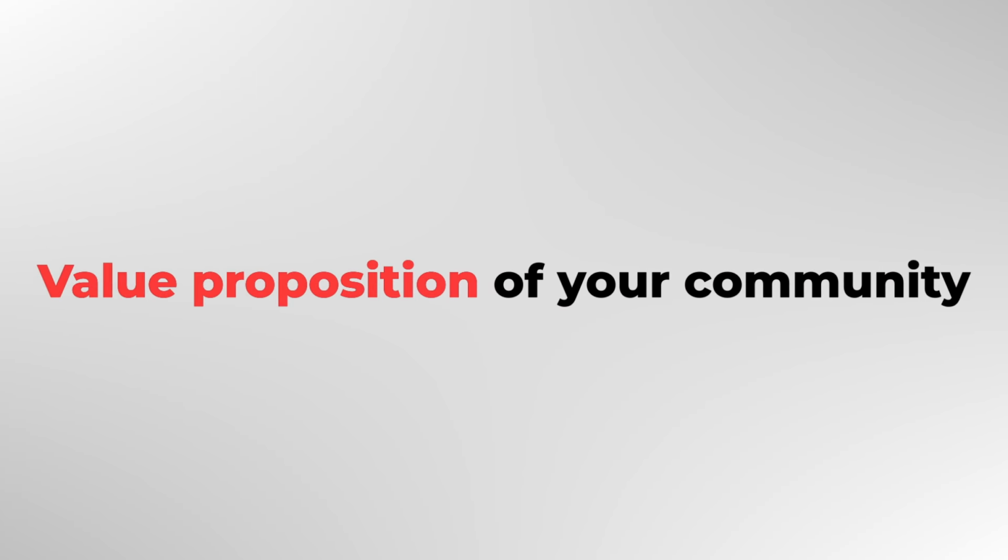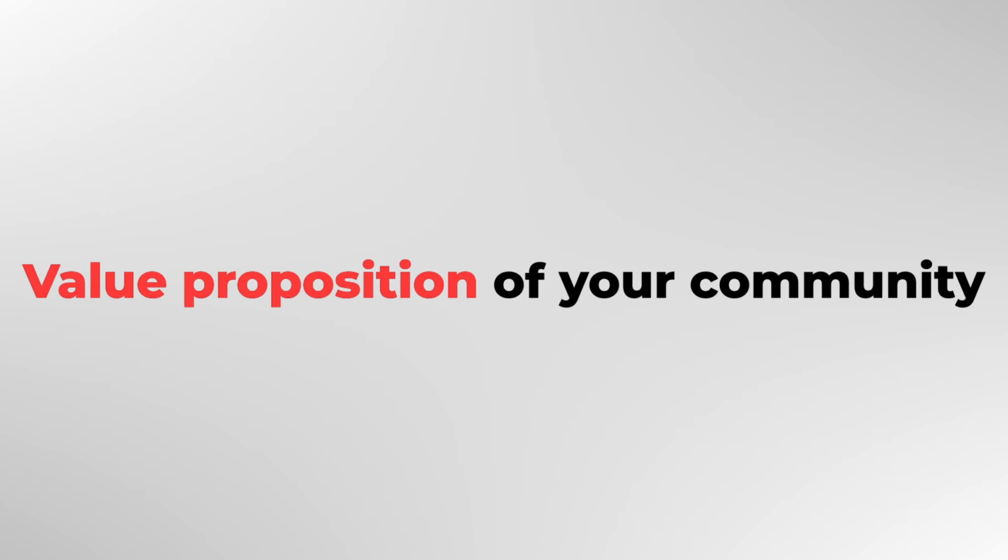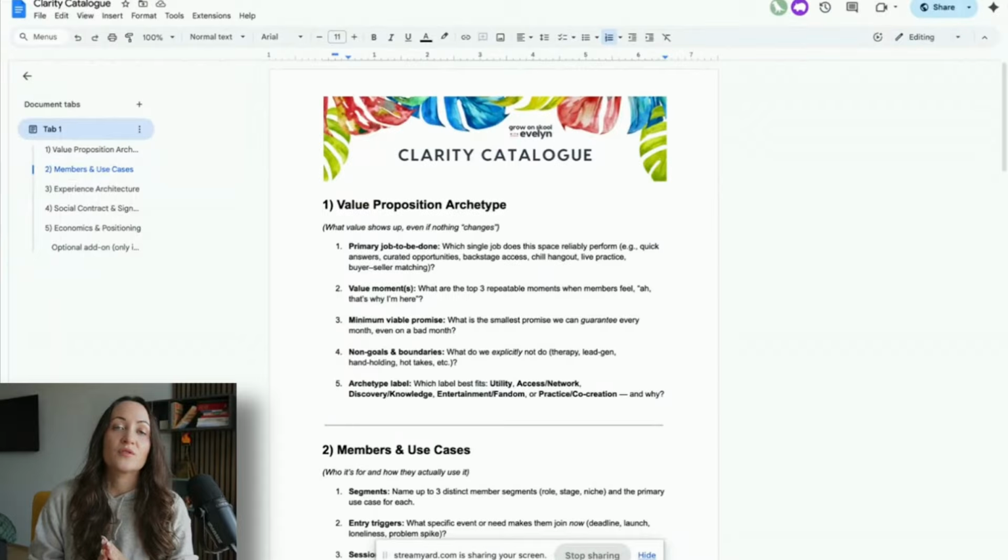So the first thing is I've brought you a questions catalog that covers where most people have most uncertainty around. And the biggest one really is the value proposition, value archetype of your community. I did a video around this, and we're going to bring up this video that I did around community value models. There's a lot of different core value models and combinations of them that you can make to the foundation of your school community.